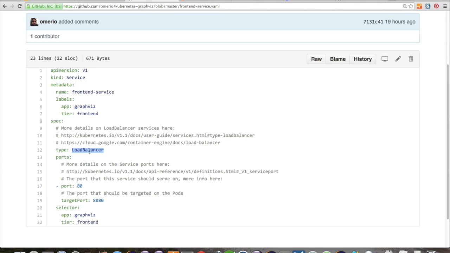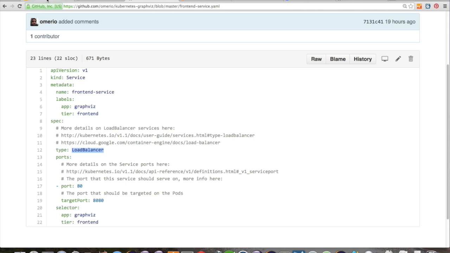In this case, it will be deployed as part of the Google Cloud Platform. It will be an external load balancer, and it will have an external IP address that's exposed to the internet, and the load balancer will run on port 80, and then it will forward to our containers or pods running on port 8080 on the 3 front-end